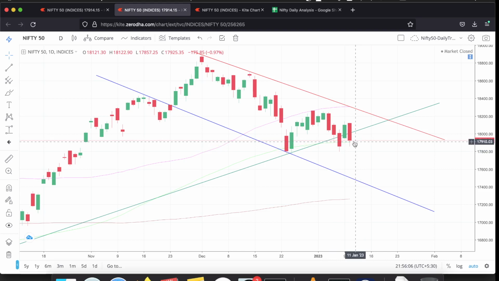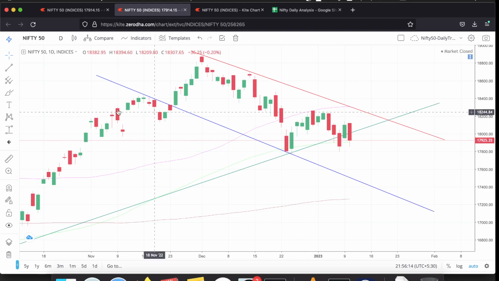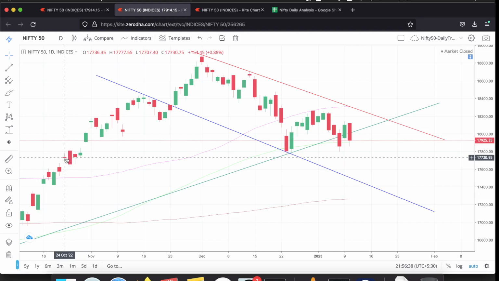Earlier I have mentioned that these lows in December, 17,780 levels. Actually, between around 17,700 to 17,800, that 100-point zone itself is a support zone. So if we look at this 28th October price action, to cross the support zone, almost on 4 consecutive days, Nifty played within this particular zone